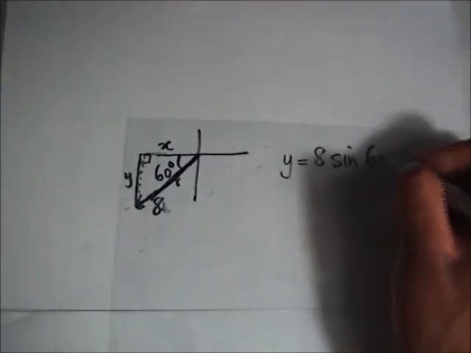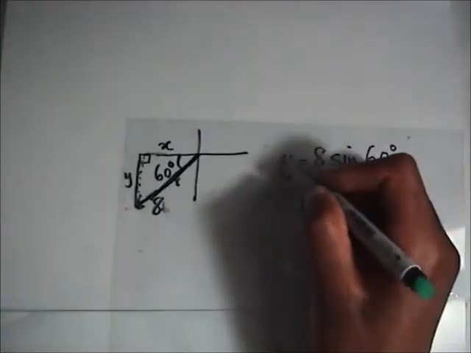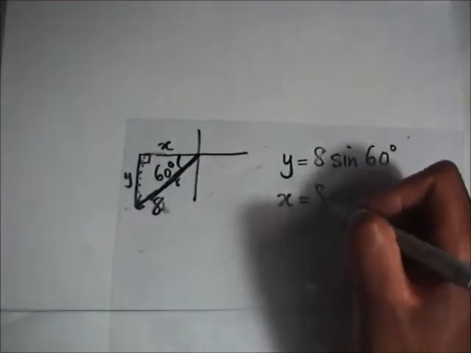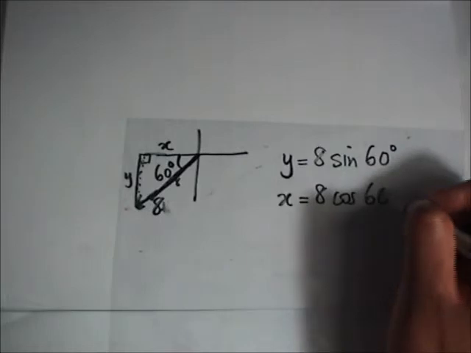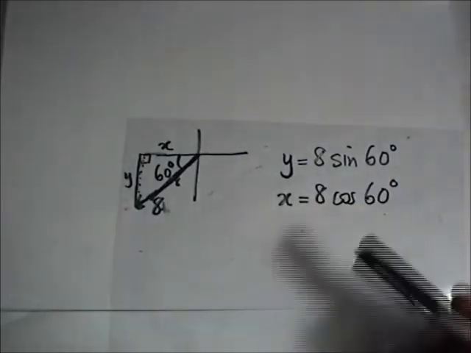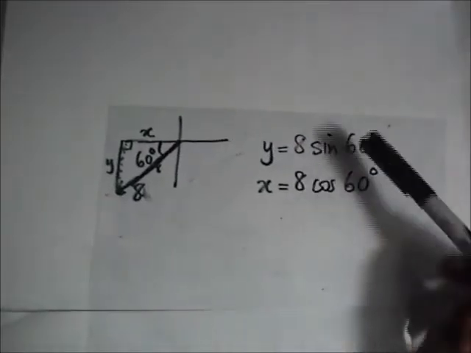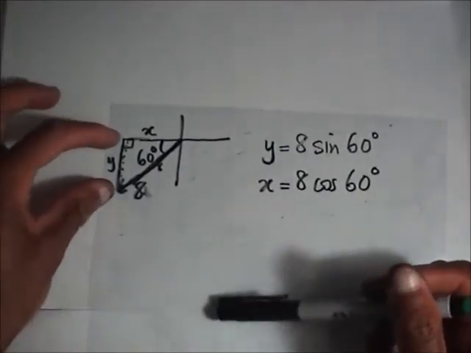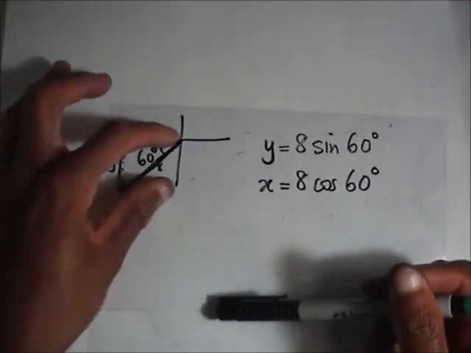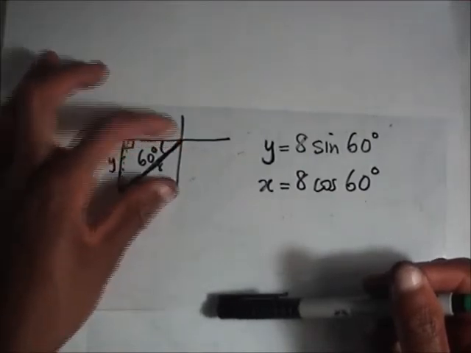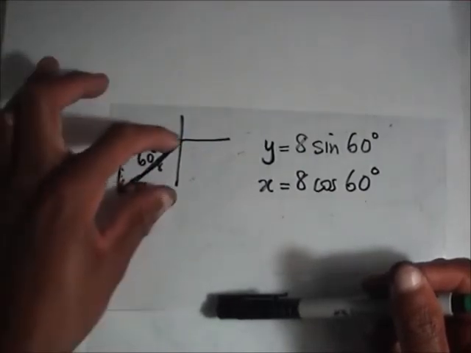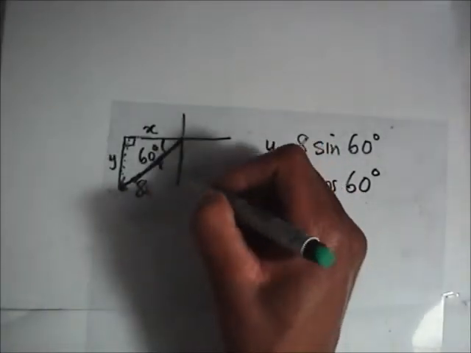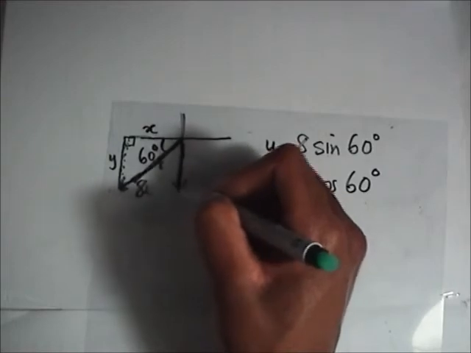So my y is equal to the hypotenuse 8 sine 60 degrees, and my x is equal to 8 cos 60 degrees. By now you know how to use sin, cos, tan. So this is my y, this is my x. But you can see this y is parallel to the vertically downwards direction. So I can transpose this y here and put it here because they have the same